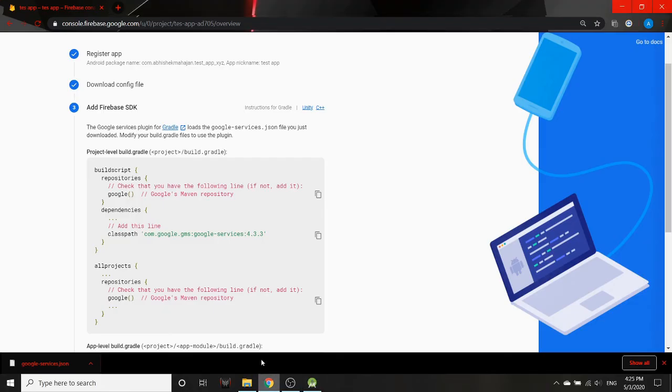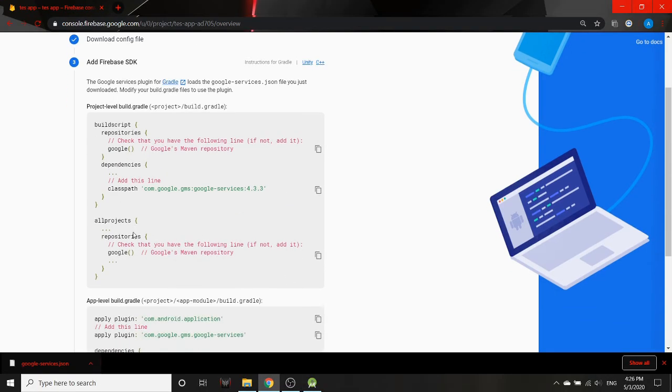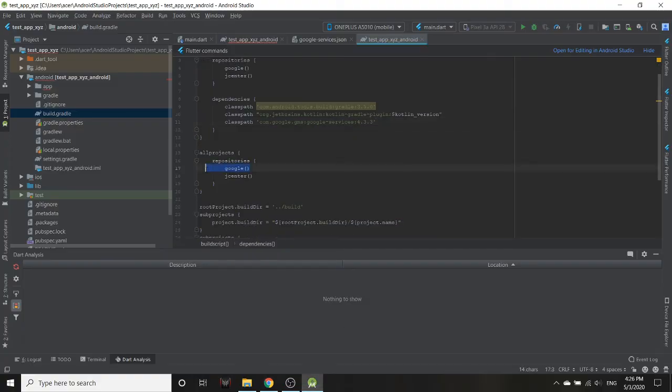It's already there. I don't need to add it again. Under dependencies, I should have this classpath. Okay, it's not there, so I will add it. And then under allprojects repositories, again google should be there. It's already there, so we don't need to add it.